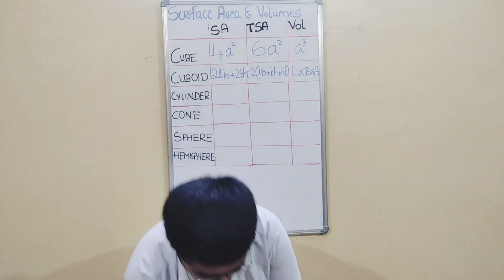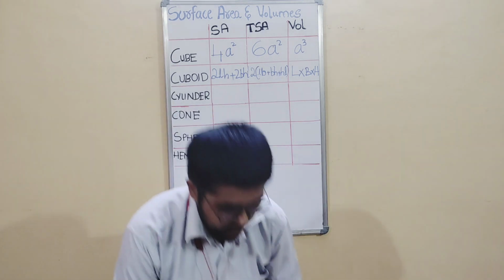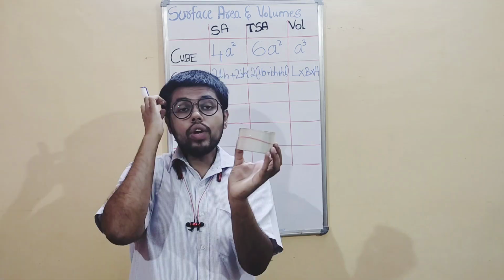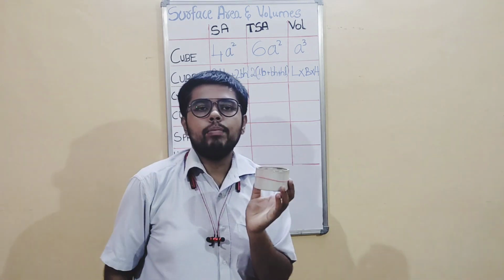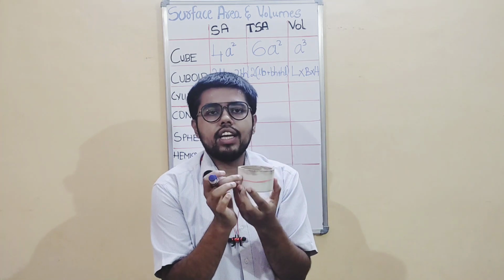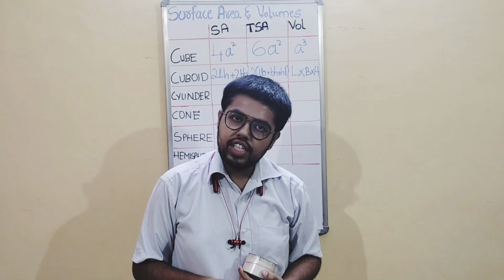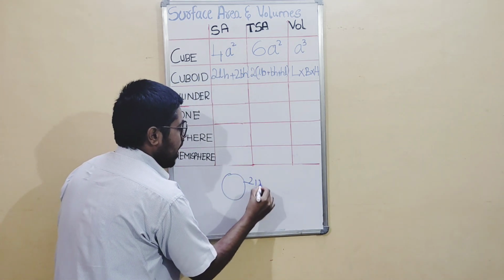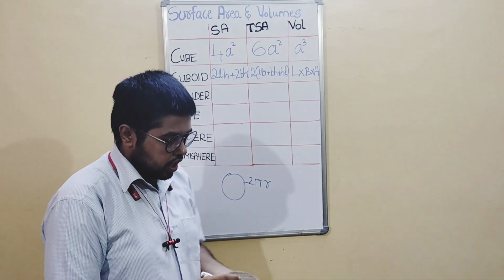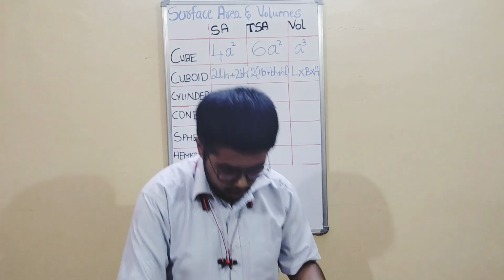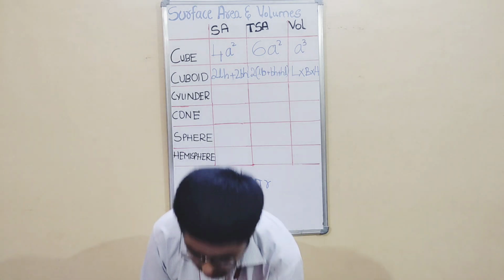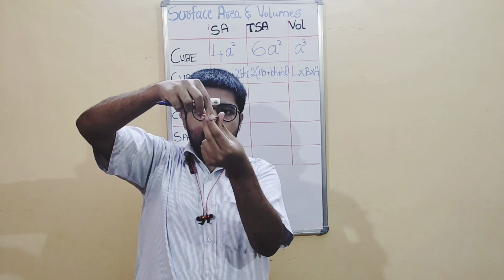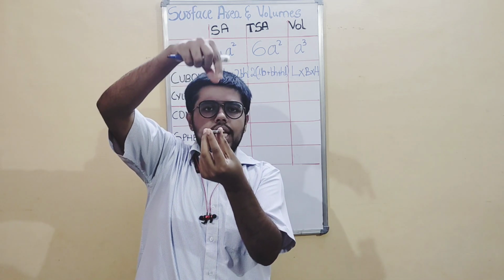Curved surface area, how? I just have one example here. I have a rubber band here, and if you see the outside of the cylinder, the surface means you can see the circumference. What is the circumference formula of a circle? It is 2 pi r, right? Circumference is 2 pi r. If I keep one rubber band, or I have some coins here, one coin, one circumference, another circumference, one more circumference, like that, if I go on keeping, it becomes a cylinder, right?